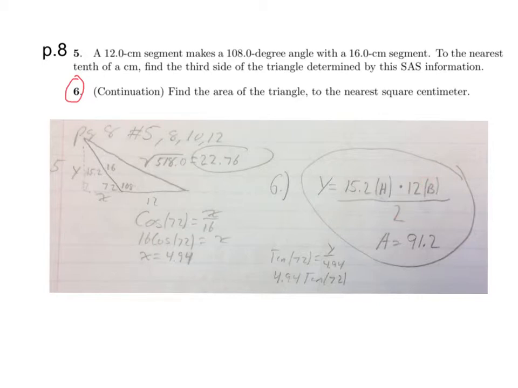Then I multiplied 15.2 by the base, which is 12, and divided that by 2, and I got 91.2. Another way you could do this problem is, because this is a side-angle-side, we can use the area formula of 1/2 ab sine C,